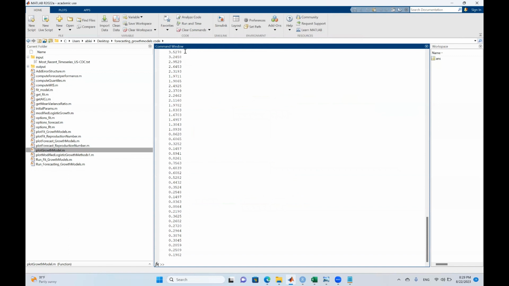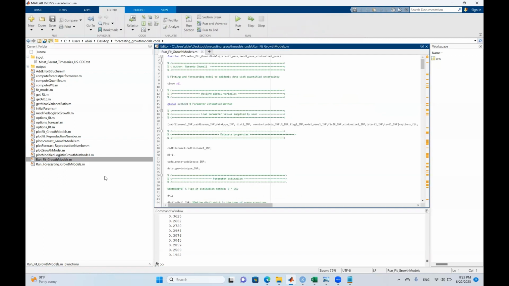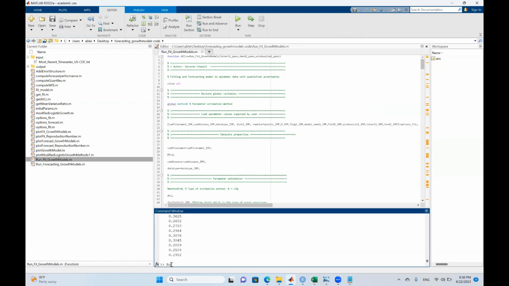So the next thing we're going to want to do is use the run fit growth models function. So we're going to want to open that up. There are two different ways we can run this. First, we can run it as is, which means just click run and have this run. Second, we can run this using a function call similar to what we just did. This function call takes the parameters of the rolling window analysis and then the rest from the options files we specified earlier. So the call for this function, what we would type here is run fit